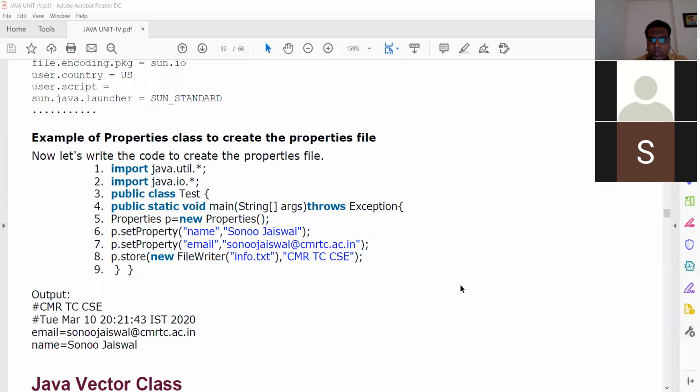Now everyone is clear? Is it clear, everyone? Is there any doubt? Please text me. If it is clear, then I am going to stop. If there is any doubt, please raise a question.